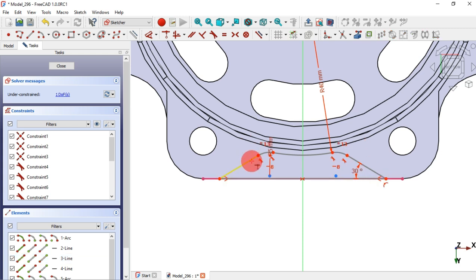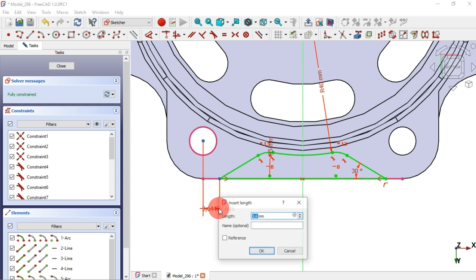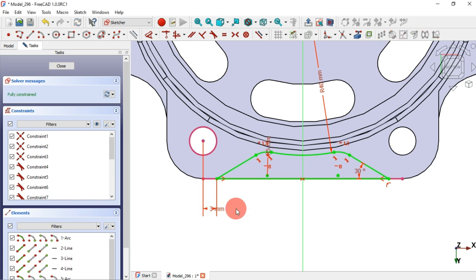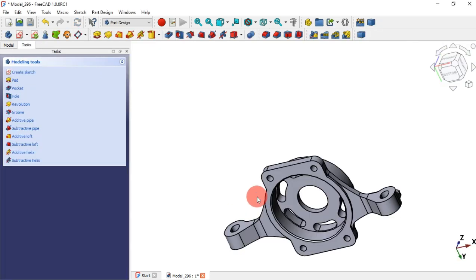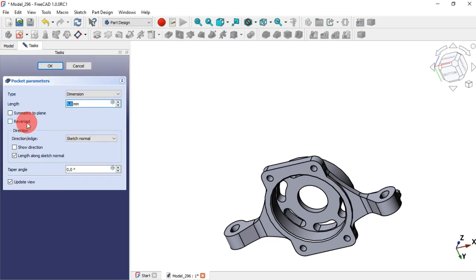Okay, next let's select the external geometry tool and extract this edge here. So now we have this center point, and we select this tool here, and then we click here, and we set a horizontal distance of 3 millimeters, and we have this. And now skip 2 times and create a pocket. Reverse the direction, and as you can see, we have this. Just click OK now,